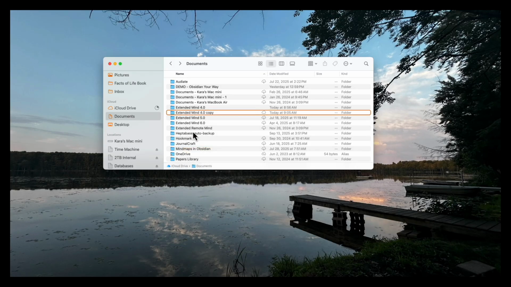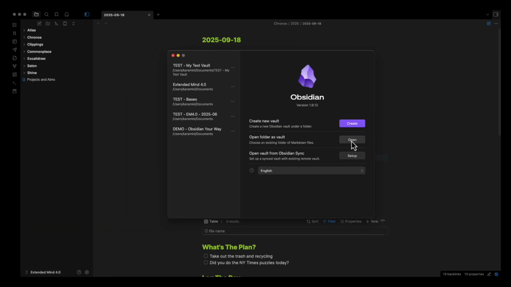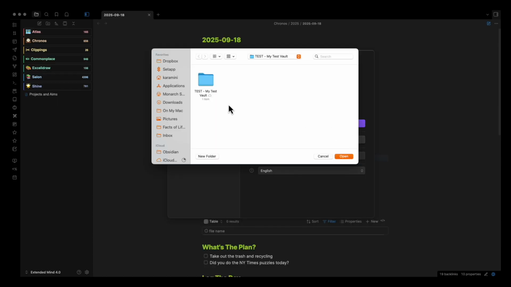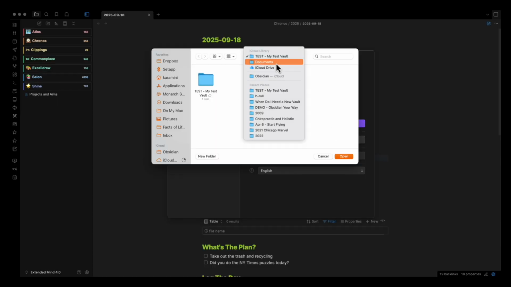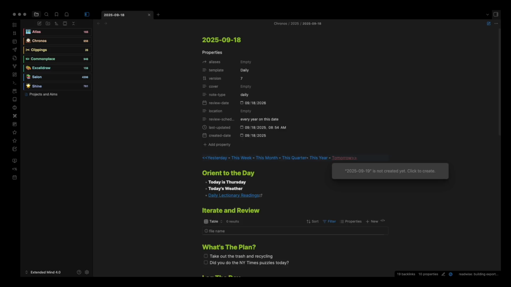So once I make that copy, I'm going to rename it to my test feature, and then I'm going to go back to Obsidian and do what we just did before to open up that Manage Vault screen. But this time, I'm actually going to do Open Folder as Vault. Once I click that option, then I can go to where I just created that test copy, and you can see there's my test copy for YouTube, and I can click OK.